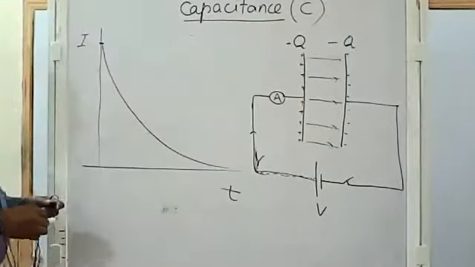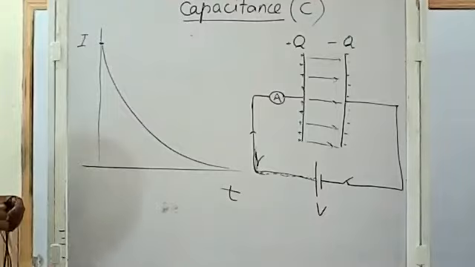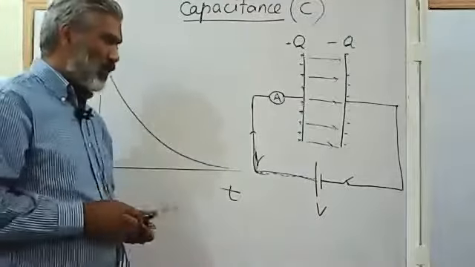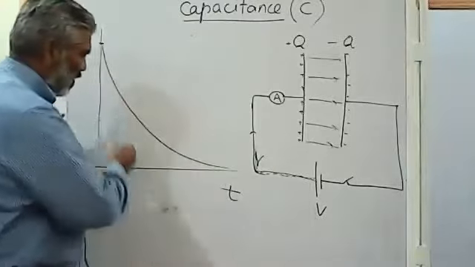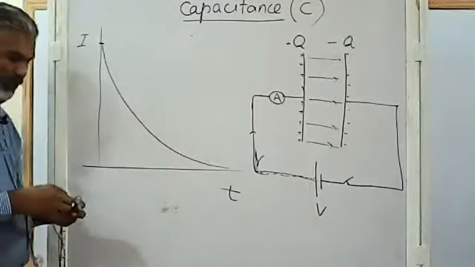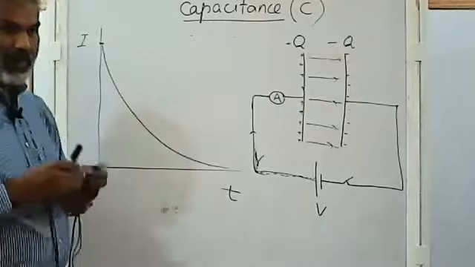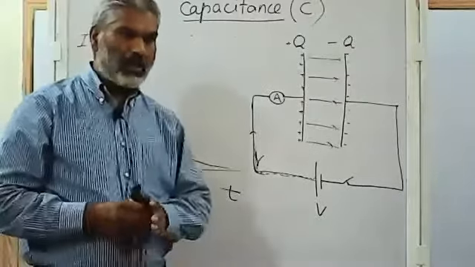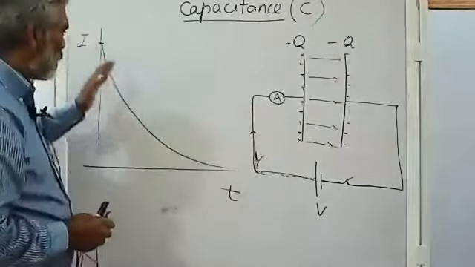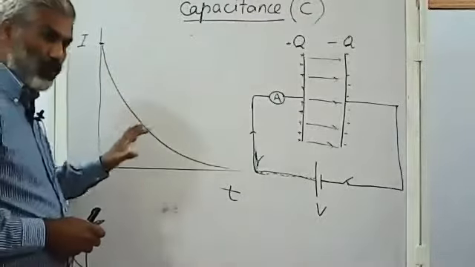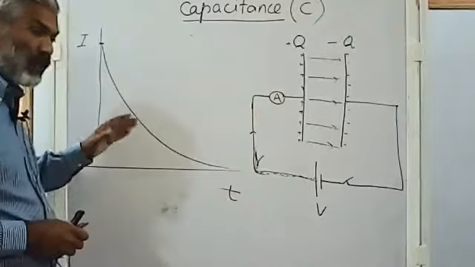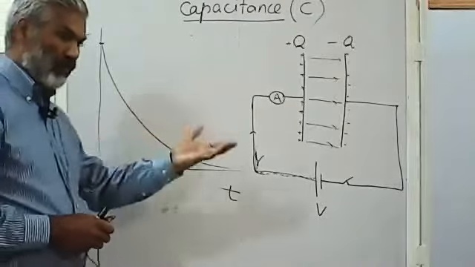So this is the kind of graph that you will see in various past paper questions. That current drops in this manner, a kind of exponential drop, a gradual decrease, although there is no equation in your syllabus that requires you to make use of the exponential function here, the way we used it in